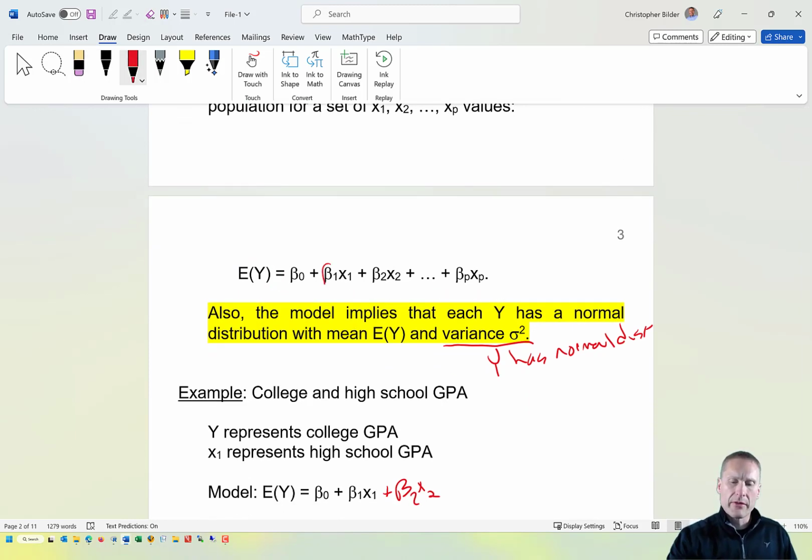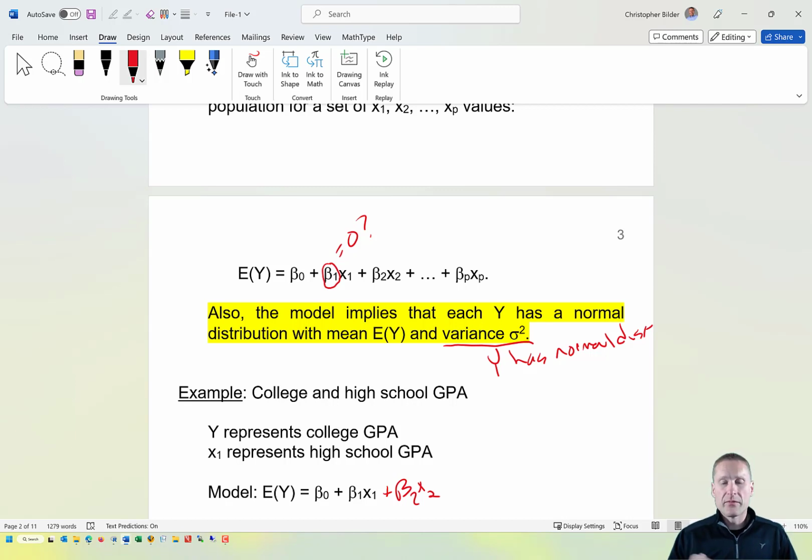Notice what would happen if beta 1 was equal to 0. Then 0 times x1 is 0, and so x1 essentially disappears from the model. And so x1 has no effect on what you expect y to be on average. In fact, I would expect all of you have actually done hypothesis tests concerning is beta 1 equal to 0